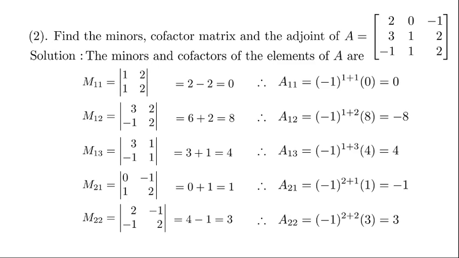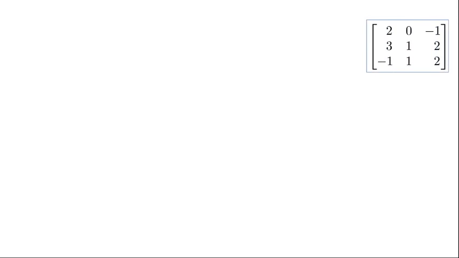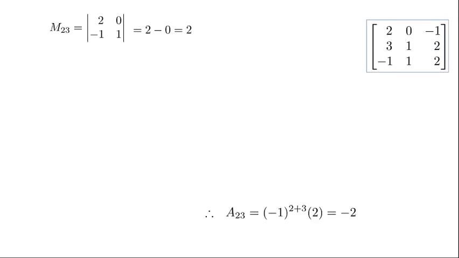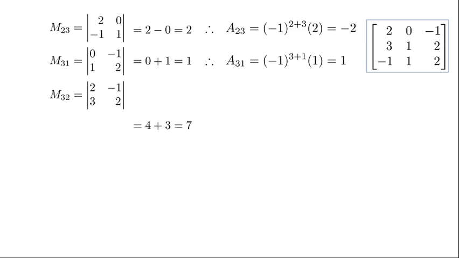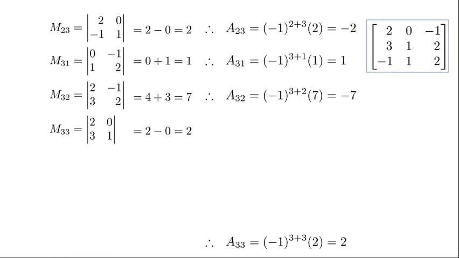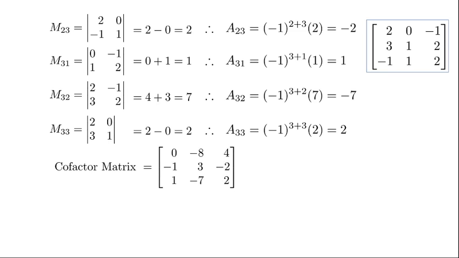These are the 5 minors and their corresponding cofactors. And the remaining 4 are in the next slide. Here the matrix is written once again for reference. These are the remaining minors and the cofactors. You can pause the video anytime and verify all these values slowly, steadily and carefully. The cofactor matrix is the matrix obtained by replacing all these elements by their corresponding cofactors. Then the transpose of this matrix will be the adjoint of the given matrix. So this is the adjoint, which is nothing but the transpose of the above cofactor matrix.